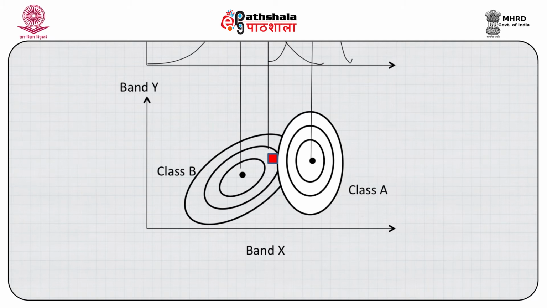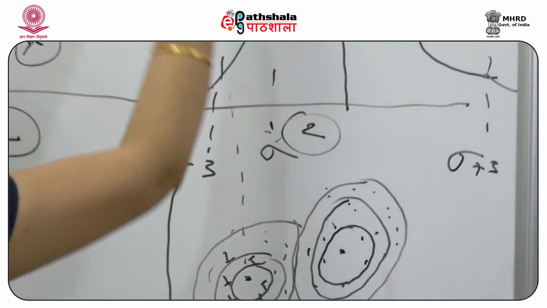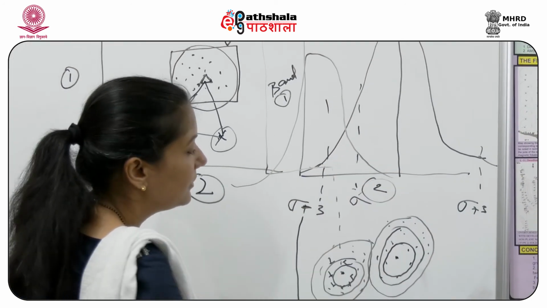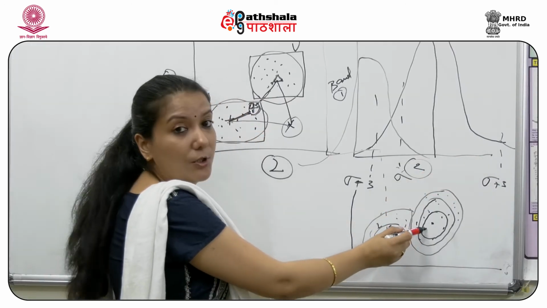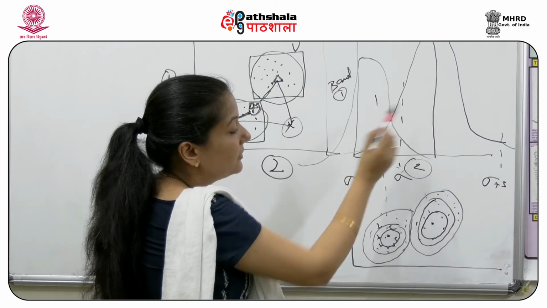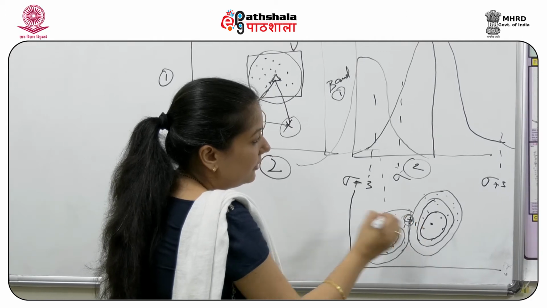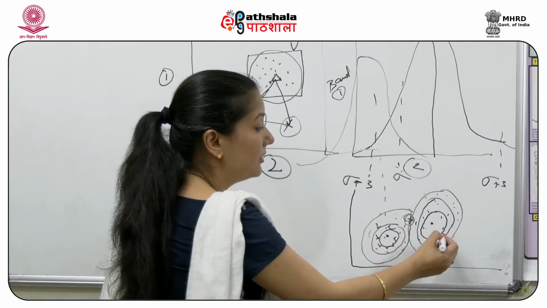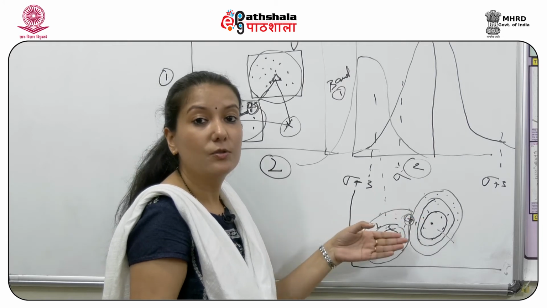For this also we create a unimodal system here and we might have something like this, right? So you have a different mean structure for this class and you have a different normal distribution curve for this class. Once you have these different classes and suppose you have a pixel here, where would you classify this pixel? In class 1 or in class 2? You don't know because it's coming in the equiprobability zone of both the classes.